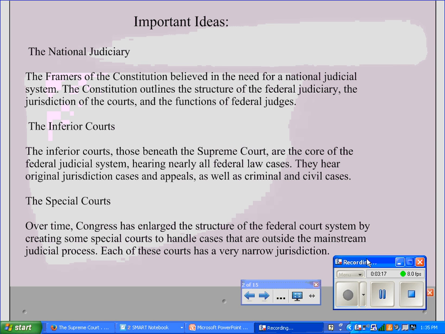Hey, what's up? What desk would it be on? Okay,